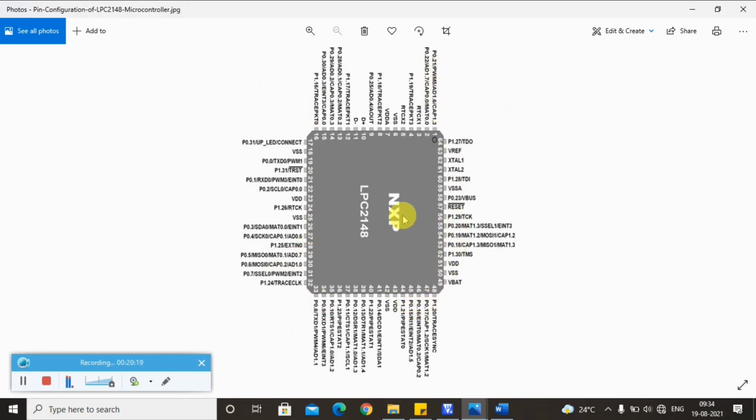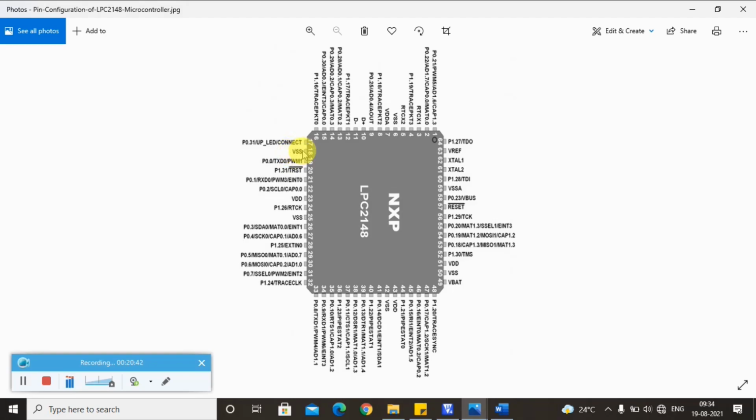This is a quad flat package. We can see that each pin has a minimum of 1 functionality and a maximum of 4 functionalities. Now let me tell you what that means. In the 18th pin there is 1 functionality, that is VSS.